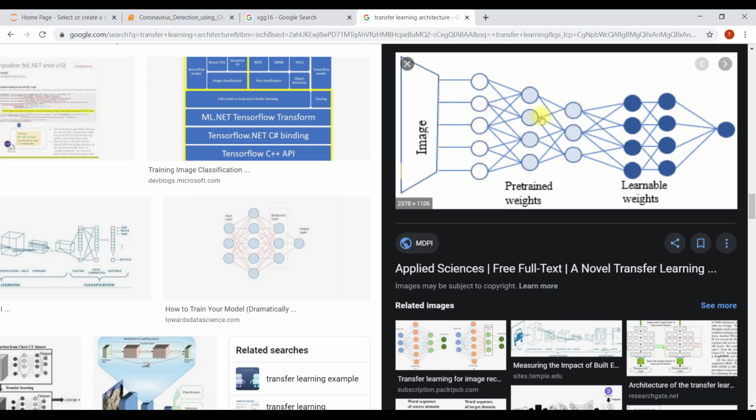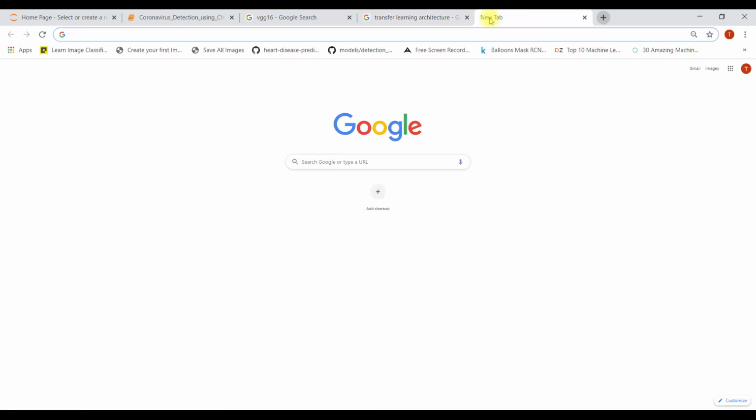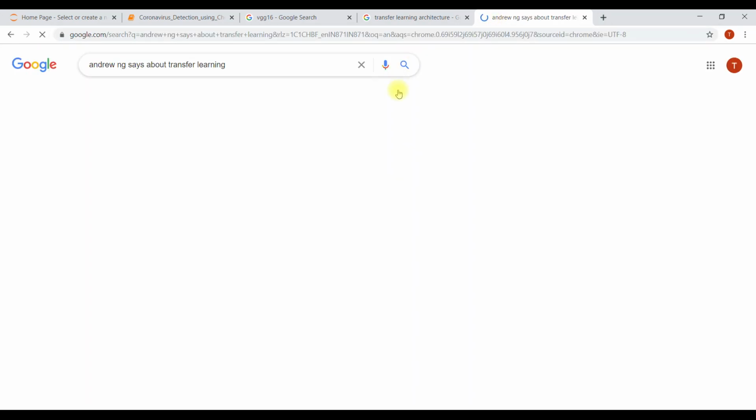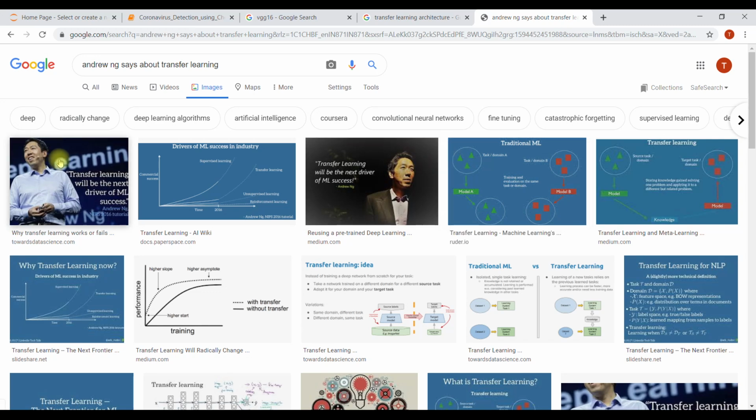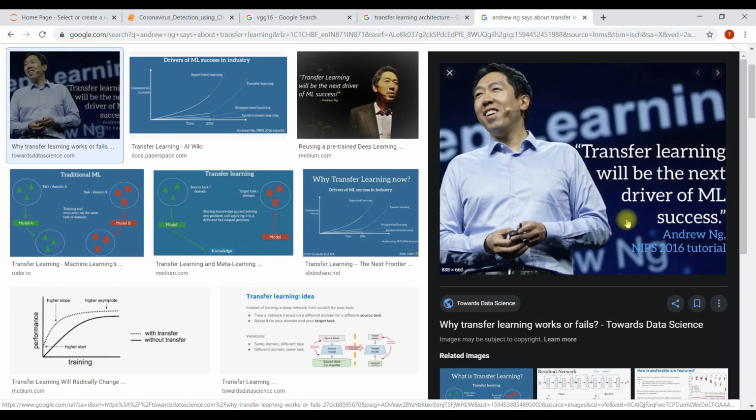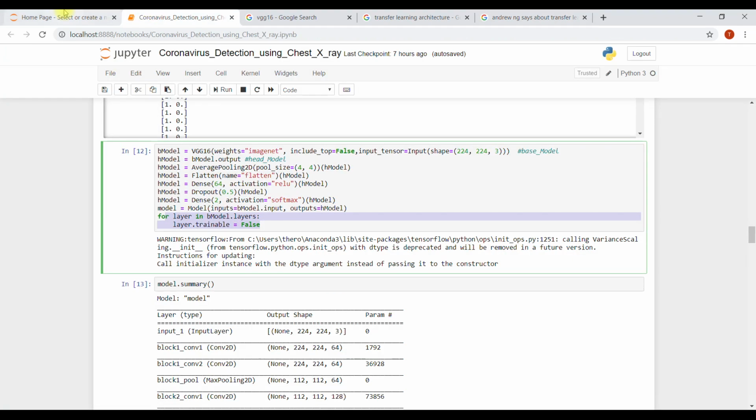So training on them is very easy. And why is transfer learning the future? Because Andrew Ng says, and I will show you again in the ongoing tutorial, transfer learning will be the next driver of ML success. Simple. So that's why transfer learning is very, very important.